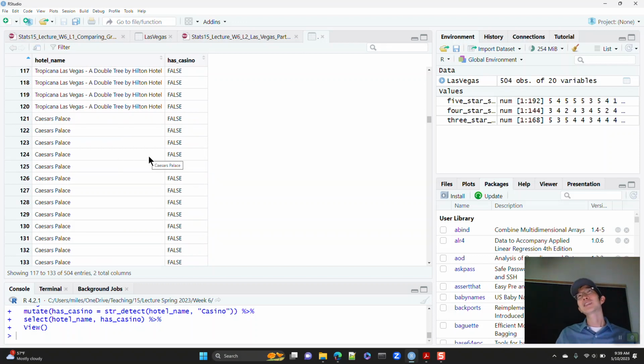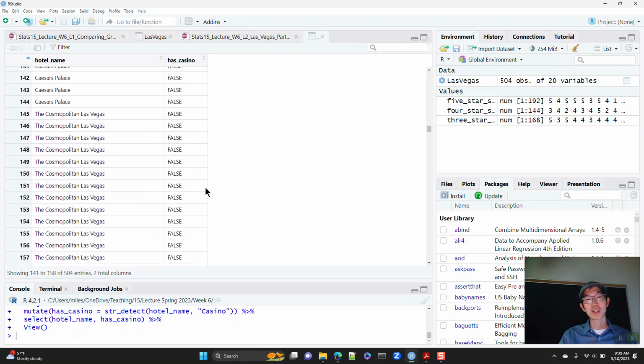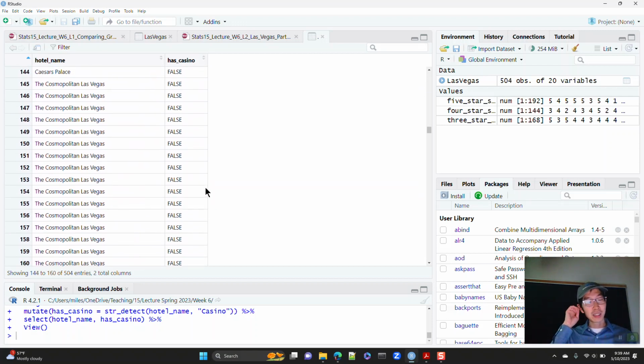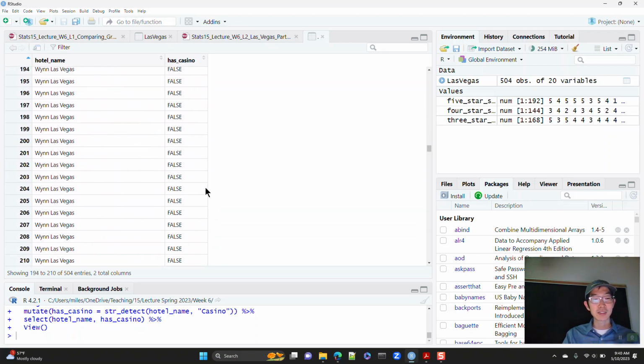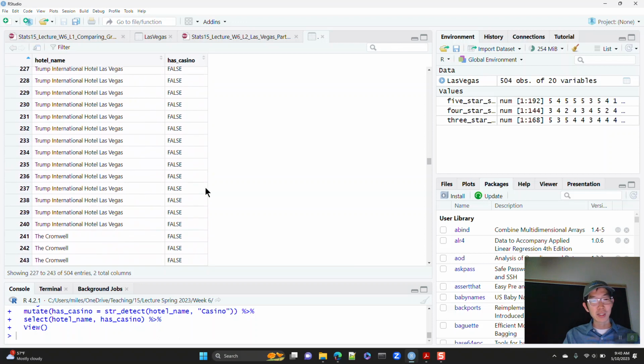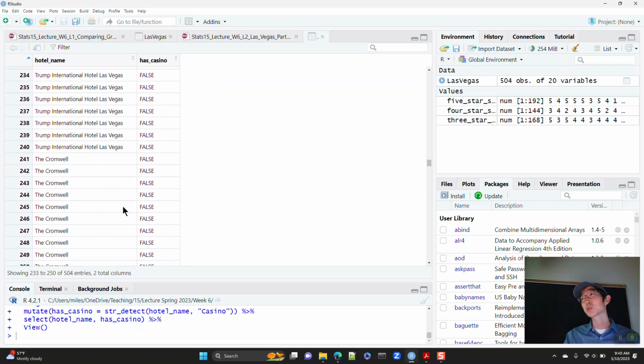And so this is just if the name contains the word casino, not actually if the location does. Now there are also hotels along the Las Vegas Strip that are hotel only places that do not contain a casino. So, you know, the Cosmopolitan Las Vegas actually does have a casino. I'm trying to think. I'm pretty sure the Trump Hotel is hotel only and doesn't have a casino there.